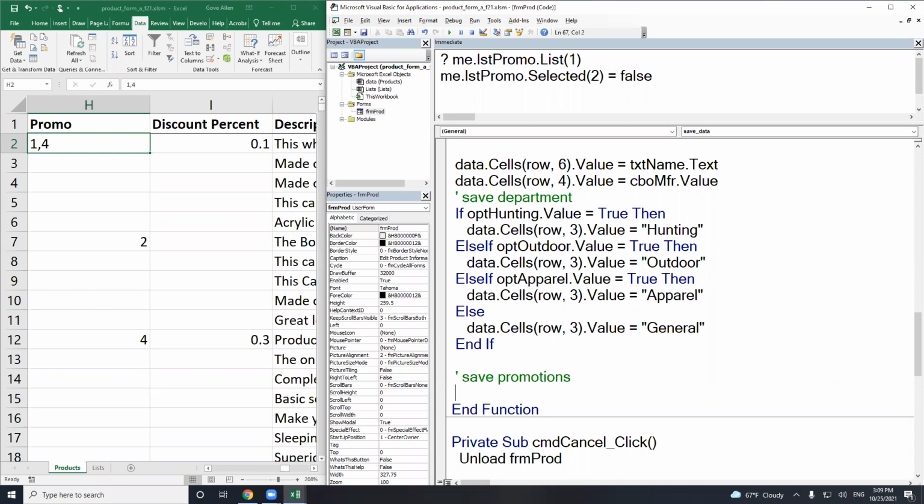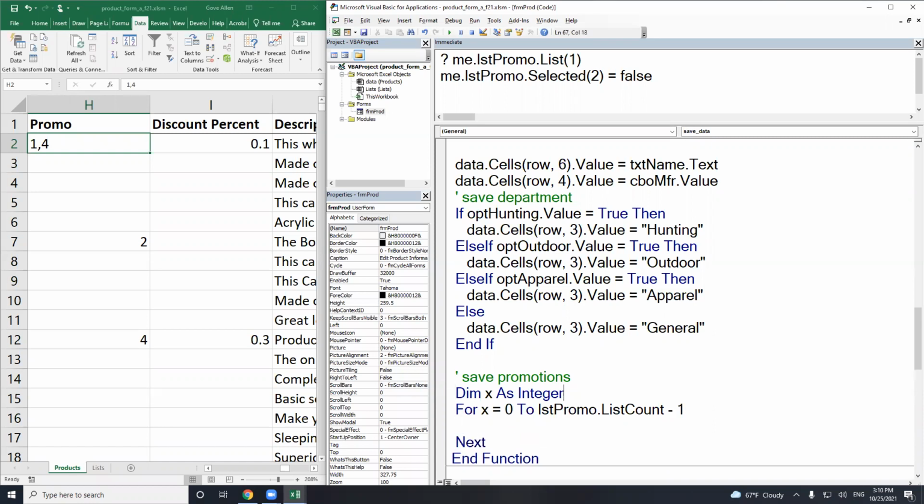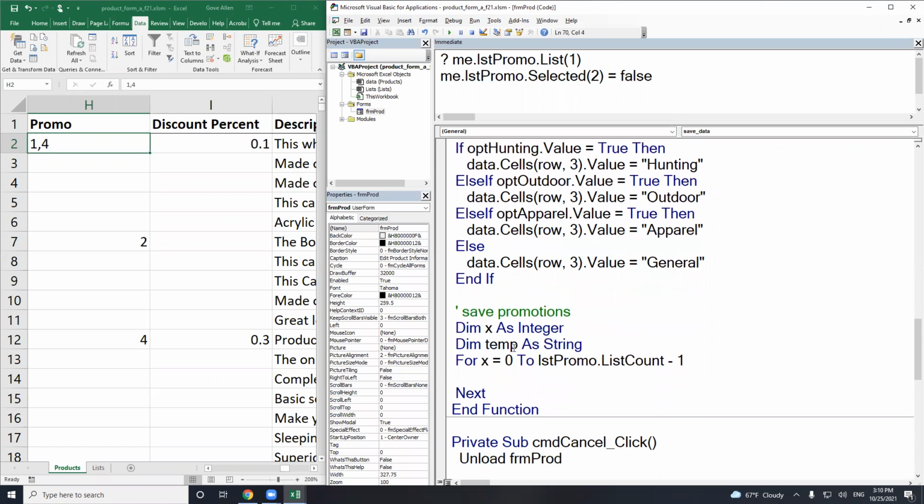So let's build ourselves a little array here. I'll just declare a variable, dim x as an integer, for x equals 0 to LST promo dot list count minus 1. So if there's 4 items in the list, my indices are going to be 0 through 3. And let me also declare a temporary variable that I'll use as a string. That'll start off as an empty string. Okay, so now I want to look at the selected array to ask if that item is selected. If LST promo dot selected sub x is equal to true,